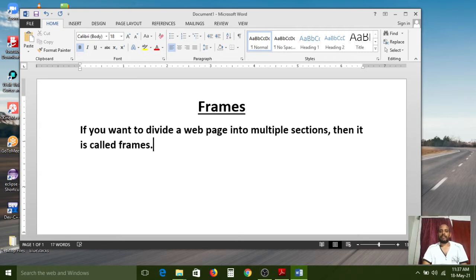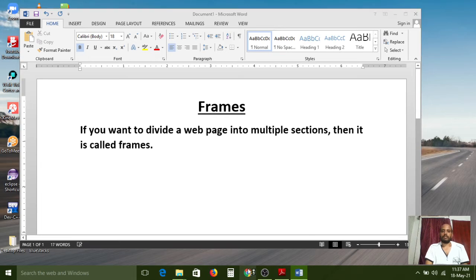We can divide a web page into different types of partitions.